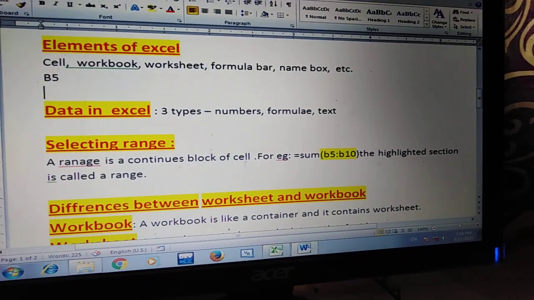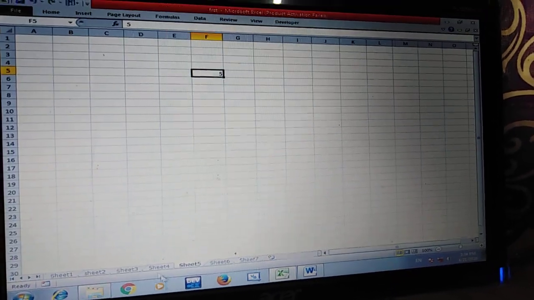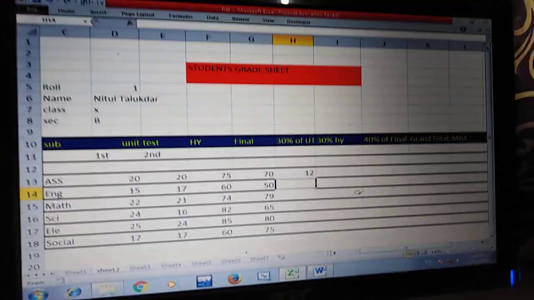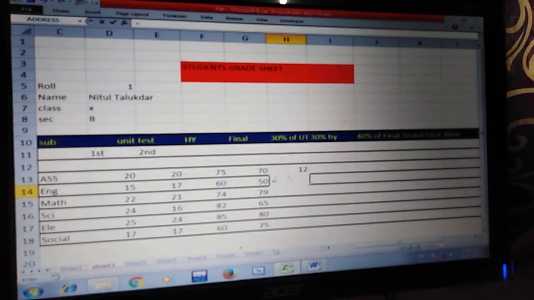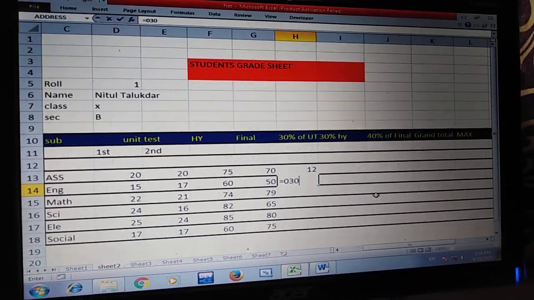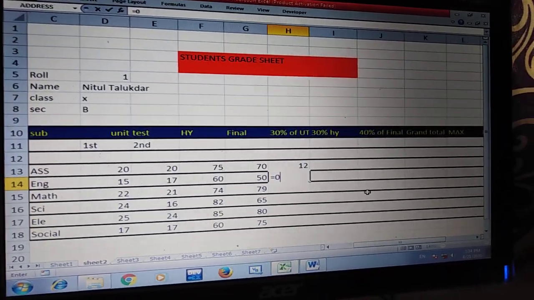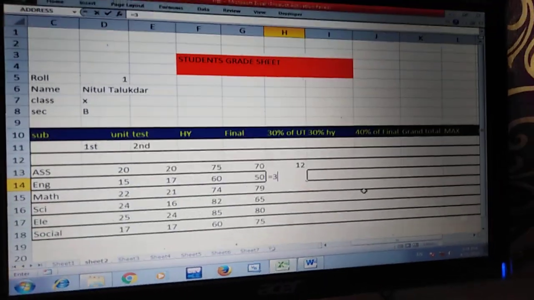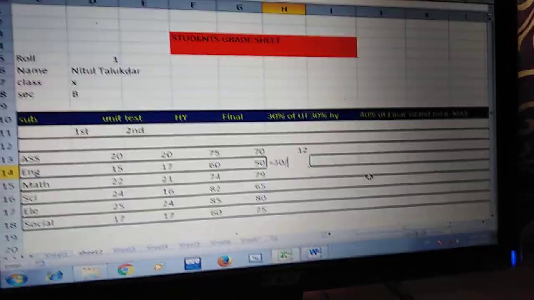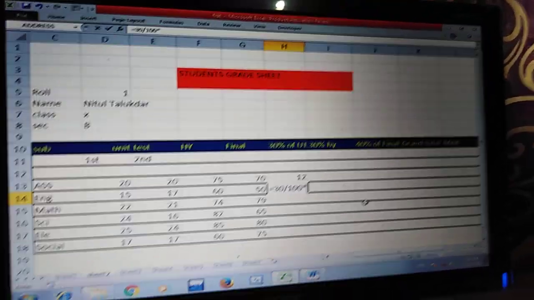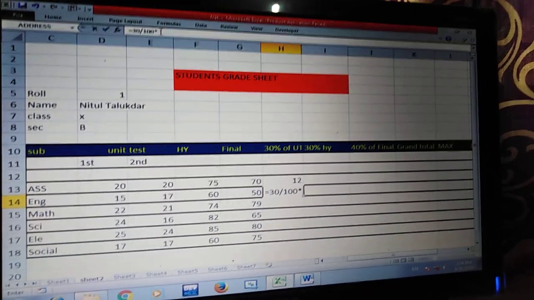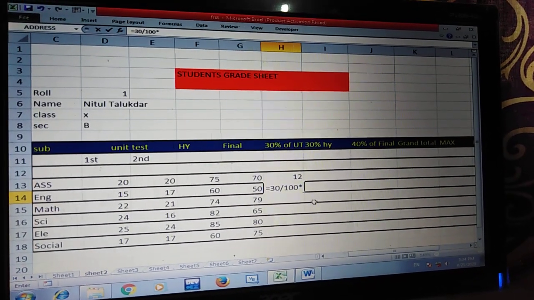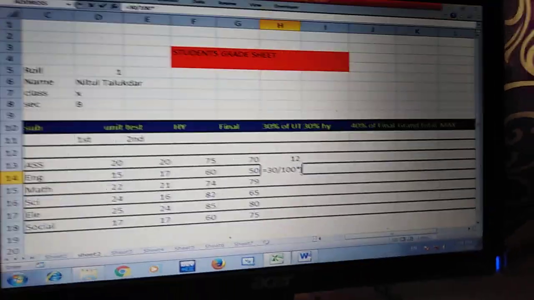Formula bar is again an important part. Why? Because if we see the Excel sheet, if we apply any formula here, then we can see in a formula bar it is displayed what we have to do, or what function we have to perform here.